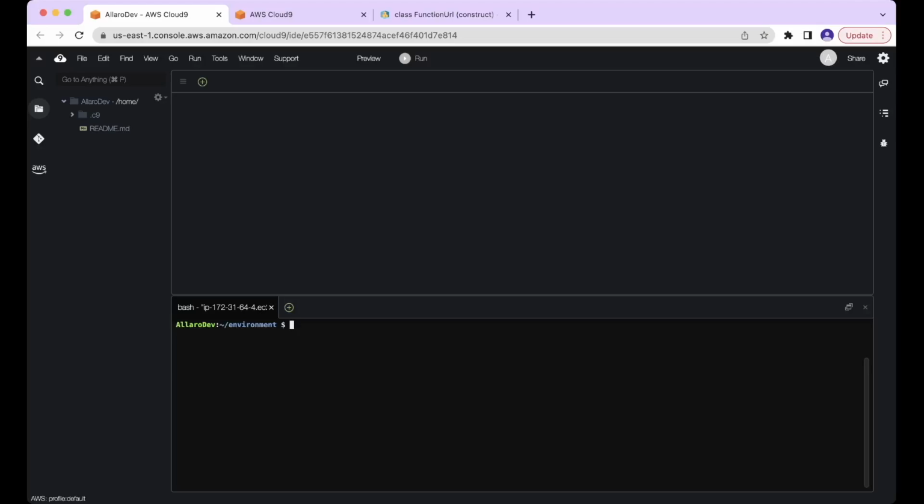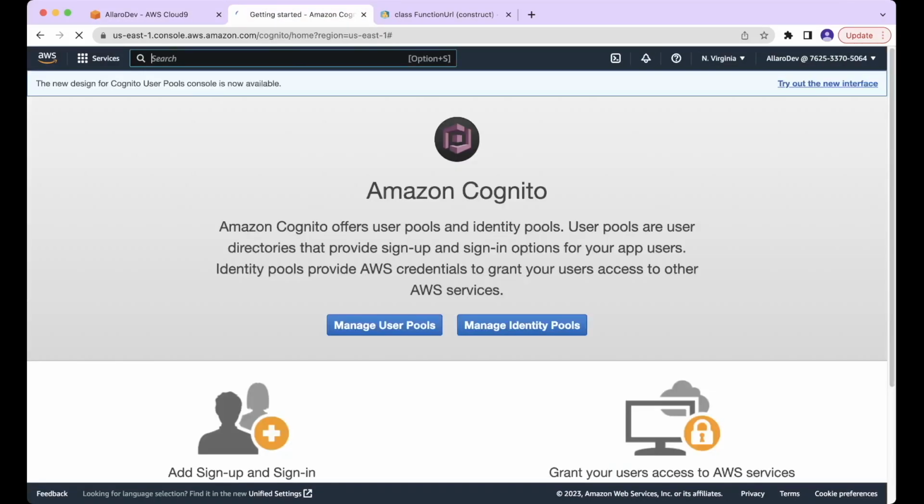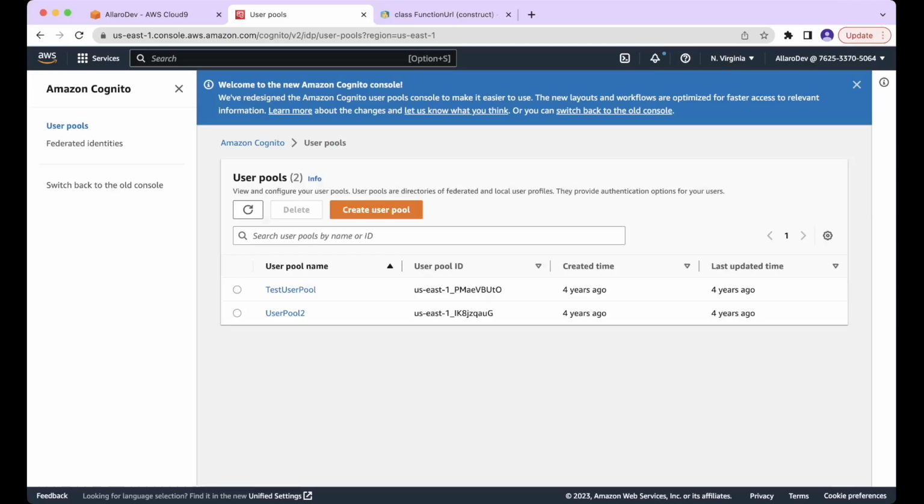The short-term goal is going to be to create an AWS Cognito user pool and to log into it from the terminal. Cognito is an Amazon service that lets you create user pools. These are directories that provide sign-up and sign-in options for users, and we're going to want one of these. But we're going to create a new one, and the one we create is going to be managed by